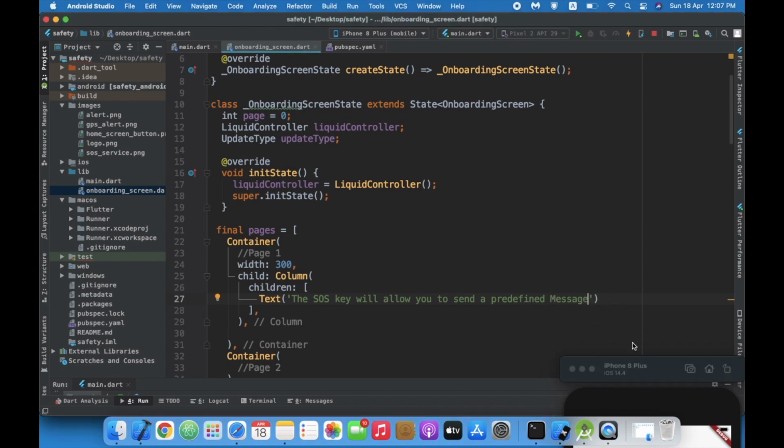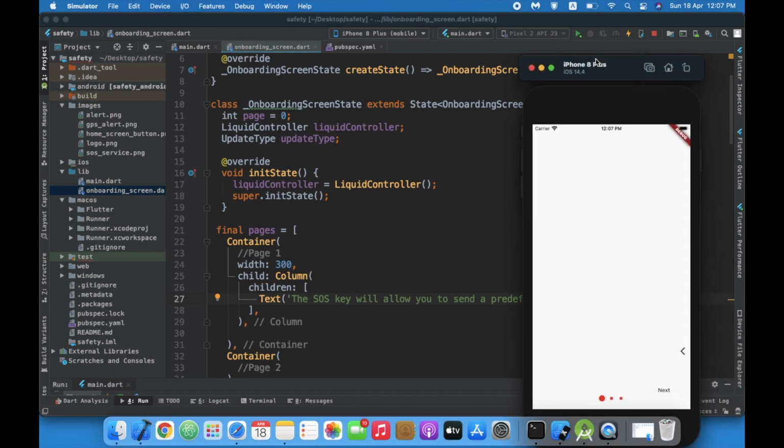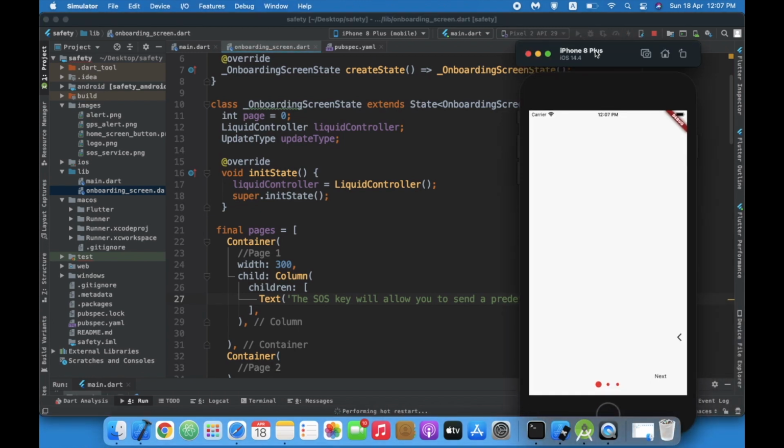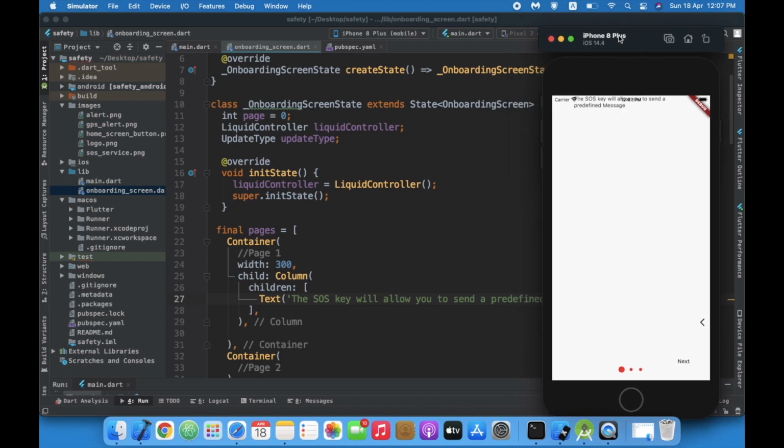You can write whatever message you want. I have just given a normal small message. Okay, now if I hit the play button, let's see what we can see. Yeah, you can see the SOS key will allow us to send a predefined message.